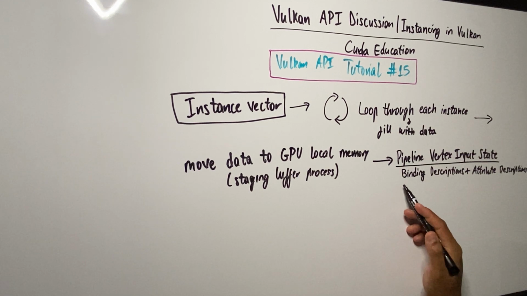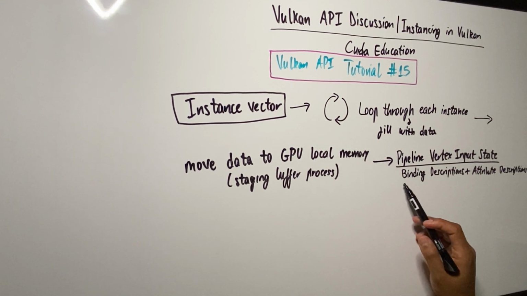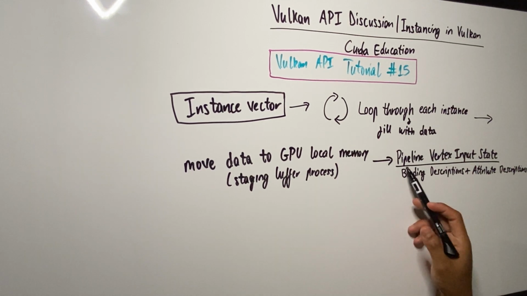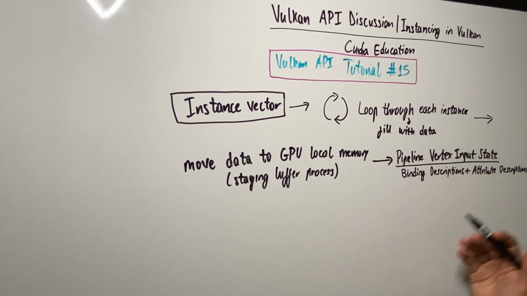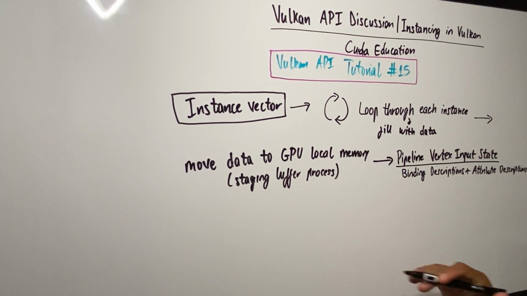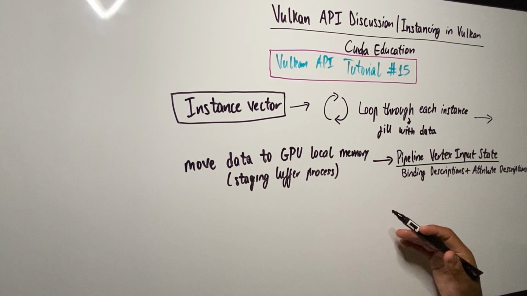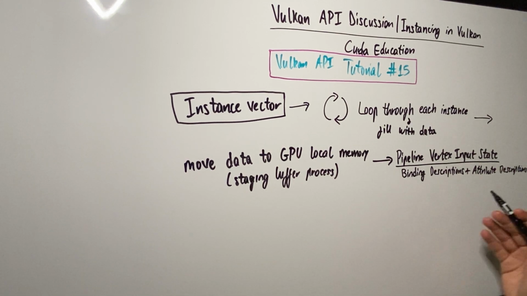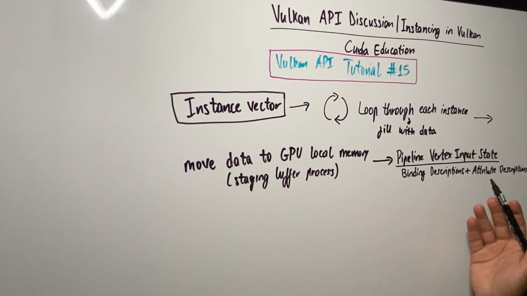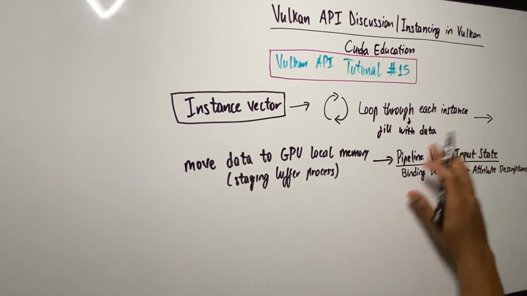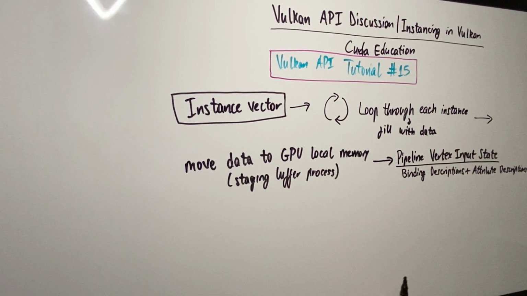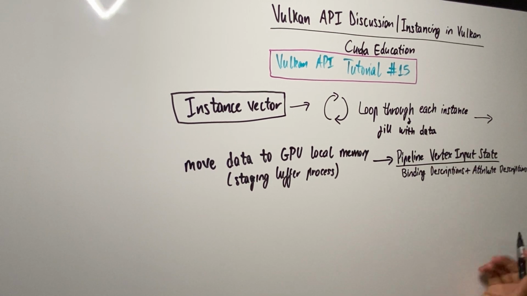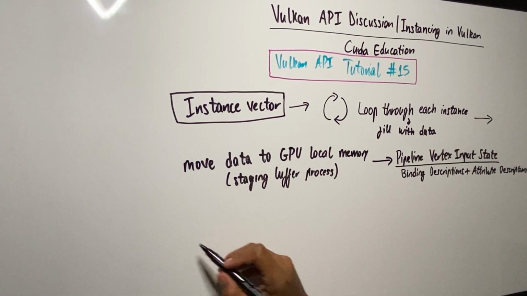And in a previous video, I discussed binding descriptions and attribute descriptions as they relate to the vertex input state. So you have to give the shader, Vulkan, the graphics pipeline a heads up on what to expect and how to process the data. And this is where you declare all that information. Again, the previous video discusses this in detail. And then after you do that,